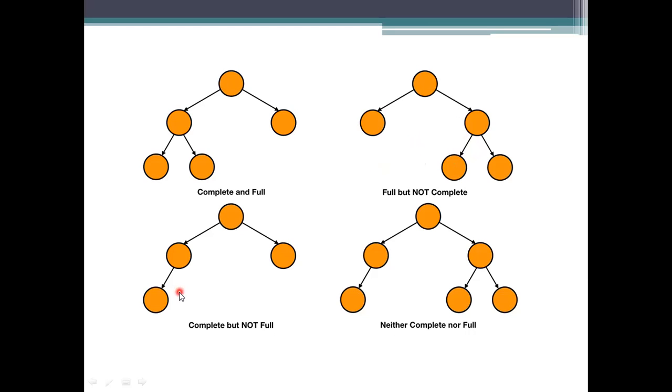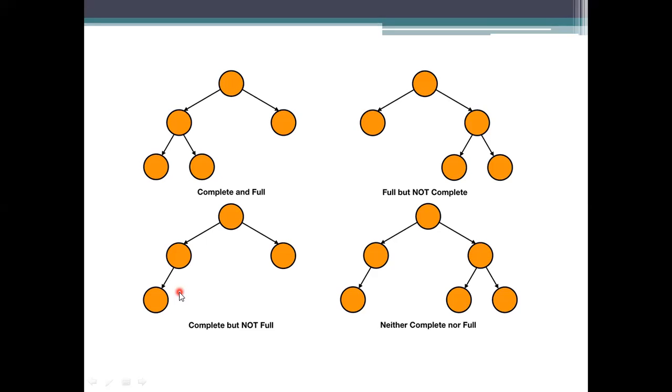And see here, you added the child to the left side. It is not compulsory that it should consist of 2 nodes. So what it is doing? It is adding the value to the left side of that one. Hence it will become the left child of that one, and also the complete one. What is a full tree here? A full tree means it should consist of 2 nodes or 0 nodes. So the factor here we are taking is 1. So it is not a full tree here.